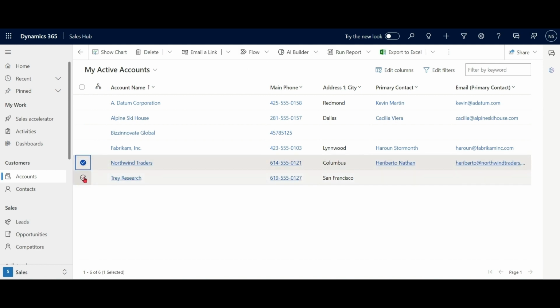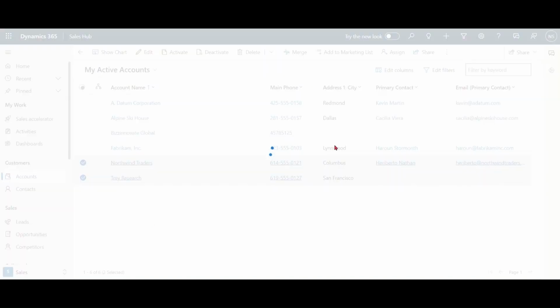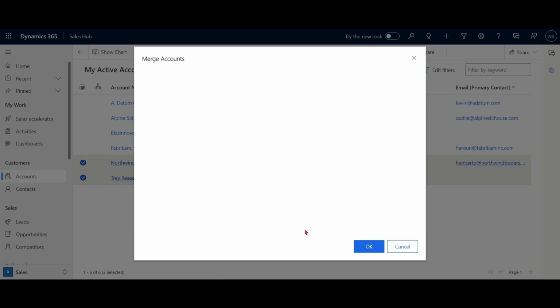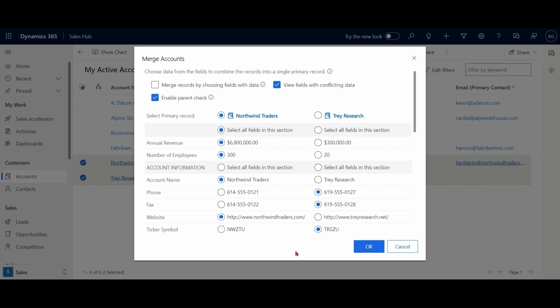We also have the option of merge. Let's say these two companies are now doing a merger. So what we can do, select both the accounts, click on merge. You have to decide which you want to keep and which you want to discard. Let's say we want to keep Northwind Traders and we want to discard Trade Research. But in case of combination, we want to keep the fax, phone number and ticker symbol of Trade Research. If I click on this one,